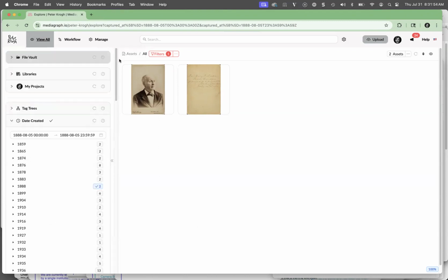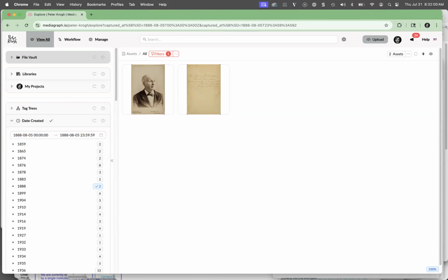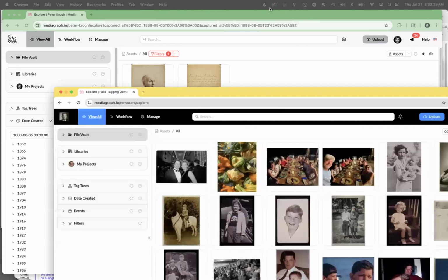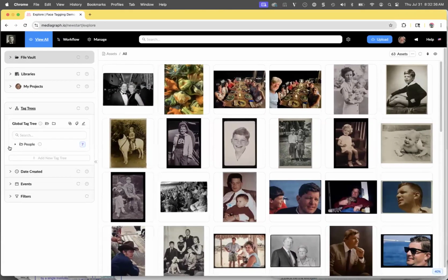Let's do a quick demo of face tagging just to give you. So, Peter, that's actually doing HTR, handwriting text recognition, which is quite amazing. Yeah, and that's getting better and better. The new language models that we've hooked into Mediagraph are doing a fantastic job with all different kinds of text. It can be handwriting and not in columns and not straight, and really do a pretty amazing job. I'm going to show you a quick example of face tagging and also how we integrate that with